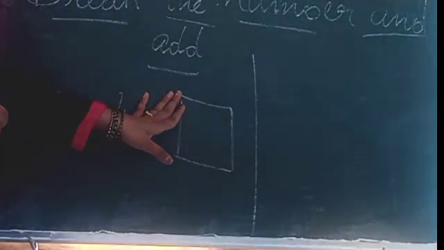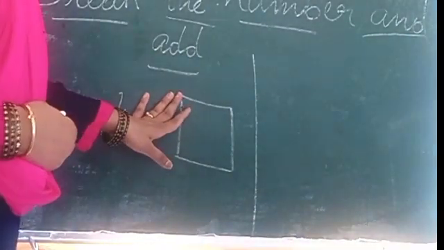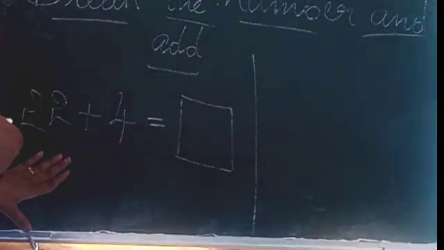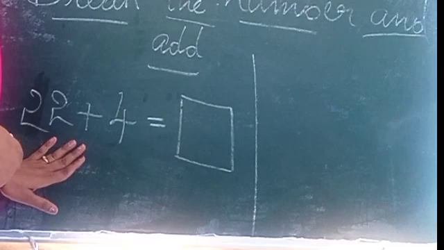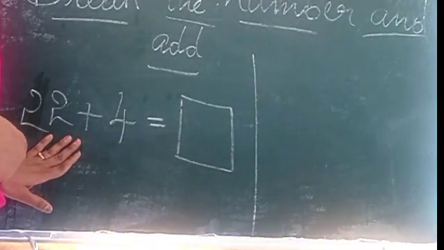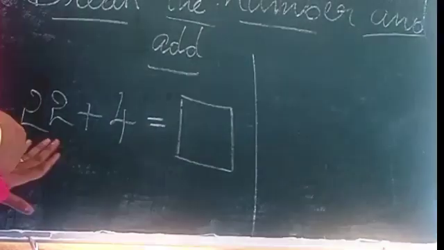Now let us learn how to break down the bigger number and add the given numbers. Okay, by breaking down the bigger number, we will add the given numbers. For example, see here, break the number and add. This is the next main topic you are having after the balancing of the boat. Just below that, here I am taking one example. This is a new example. It is not there in your textbook. Just listen to me and then I will give an example from your textbook.